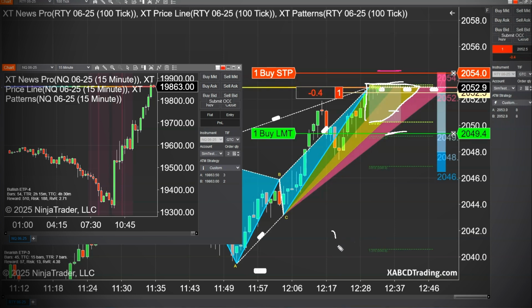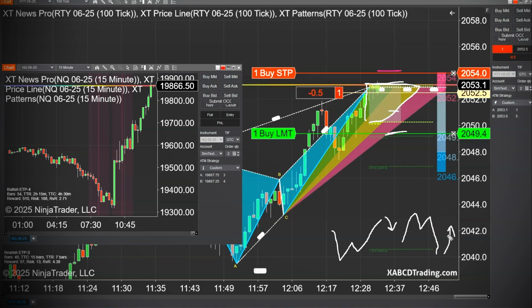Patterns that look like W's are going to be looking for a short. Patterns that look like an M are going to be looking for a long trade. So these are the basic concepts of these XABCD patterns. And so we're going to hopefully see this fall down. And then what should happen is our stop should automatically move to break even when we're at that 1-to-1 point. So probably a little bit higher than that, but we're going to see that work itself down there hopefully. And I will be back.